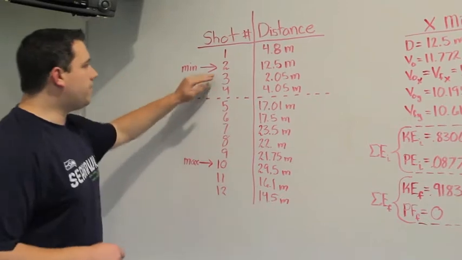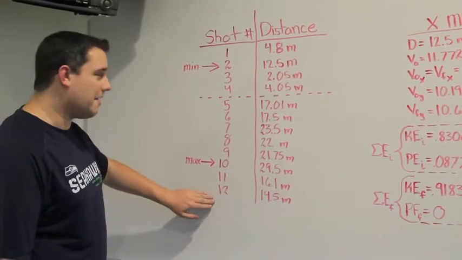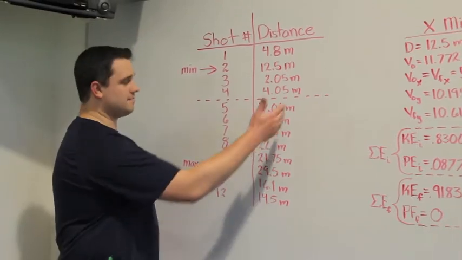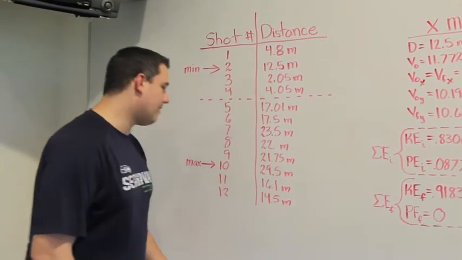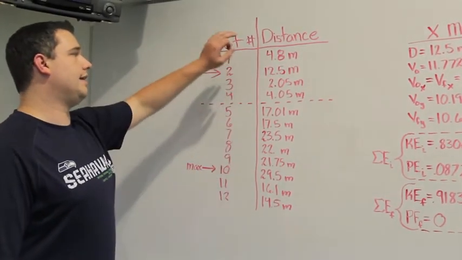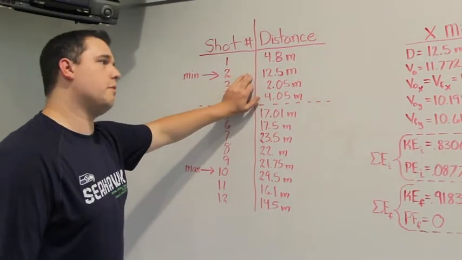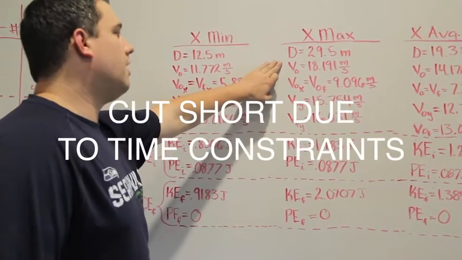So once we found that method, we replicated that and ended up getting a pretty large data set. We have from 17 to 29 meters. So 29.5 being our max in this case, and 12.5 meters being our min. So once we found that, we then